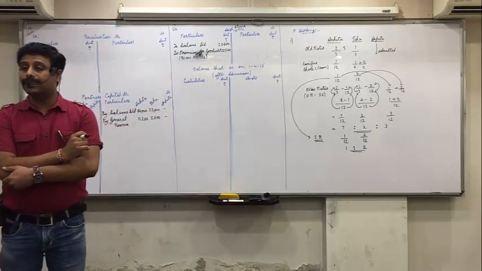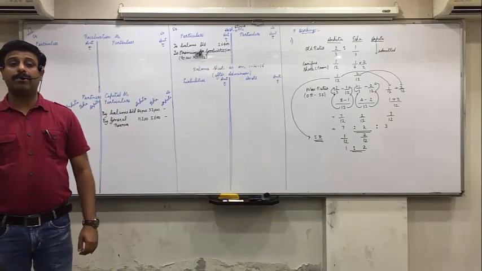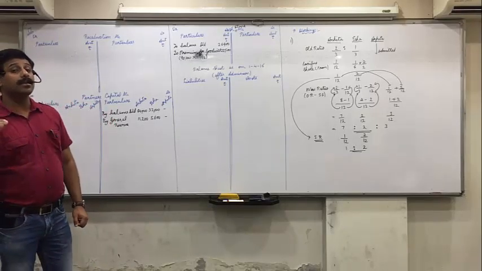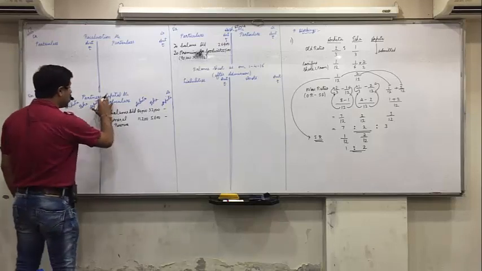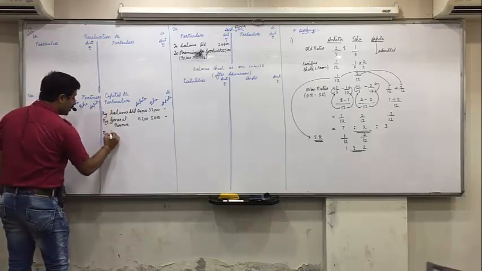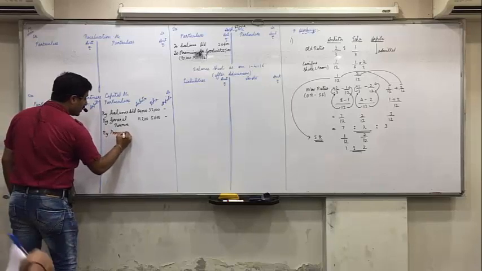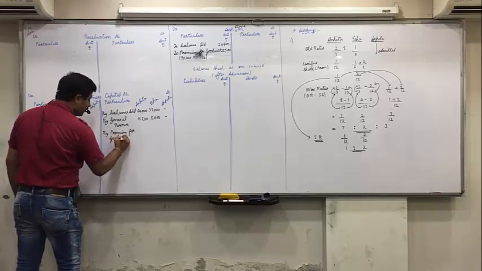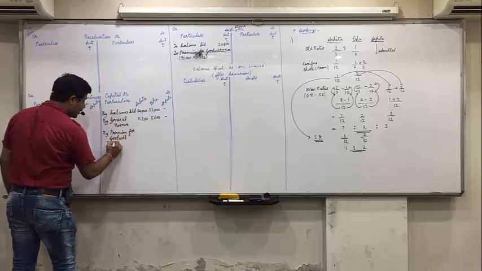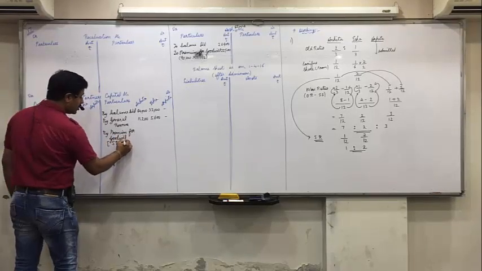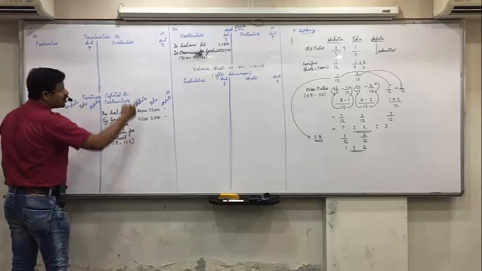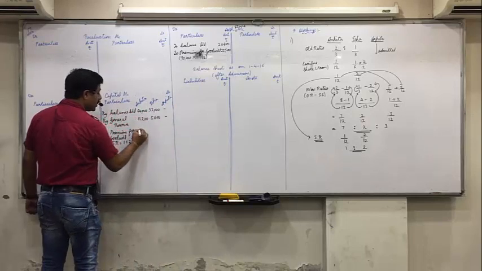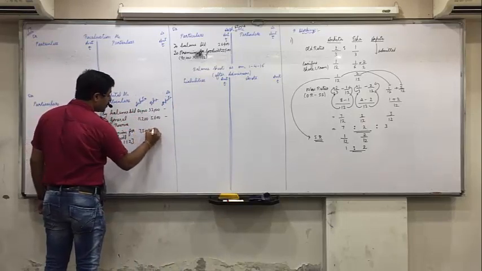Any confusion in this? Second entry, premium for goodwill account debit to old partners capital account in sacrifice ratio. Two old partners capital, so partners capital credit side by premium for goodwill account, in bracket sacrifice ratio, which is 1:2. So this amount 22,500 will distribute in 1 by 3, 2 by 3, 7,500 and 15,000.